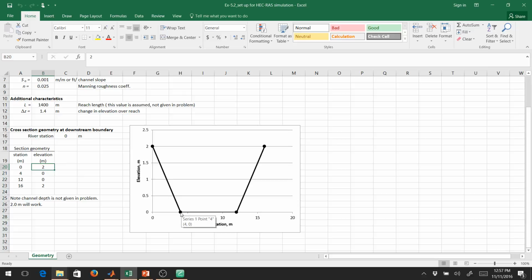And then we add our bottom width of 8, and so we get 12, 0. And then we add our side slope of 2 to 1 over a vertical distance of 2, and we end up here at 16 and an elevation of 2. So these 4 points, and I've plotted them here so you can see very clearly we do have a trapezoidal